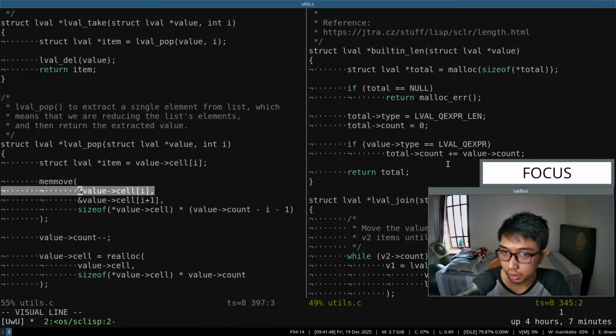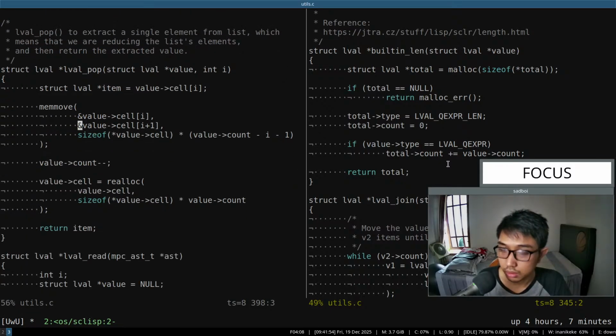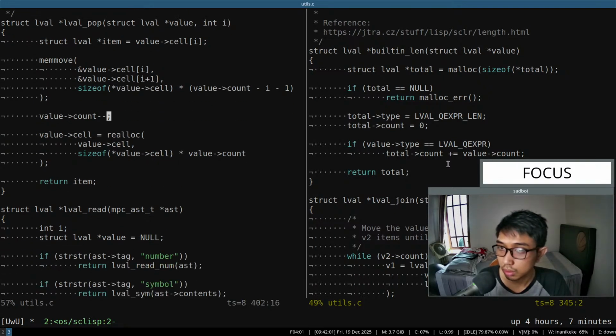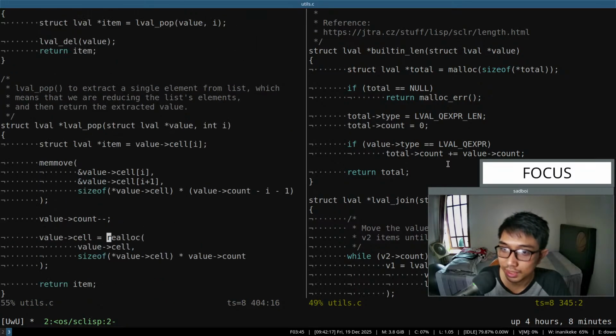So this is the destination and this is the source. Okay, and then realloc this. Yeah, this might be trickier than it looks. Okay,